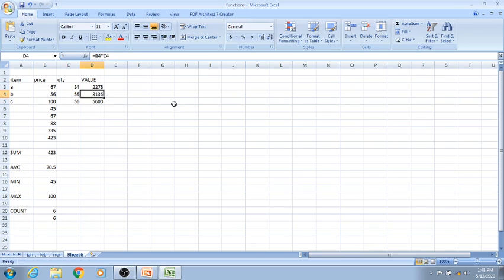So this is how we use the formula and functions. I already showed you how to use the cell reference, how to insert a sheet, delete a sheet, rename a sheet, how to enter a formula, and now we'll come to the options for how to do the formatting of the data, whether it is a text or number or anything. I am using the same sheet, and I am entering alphabets also here.